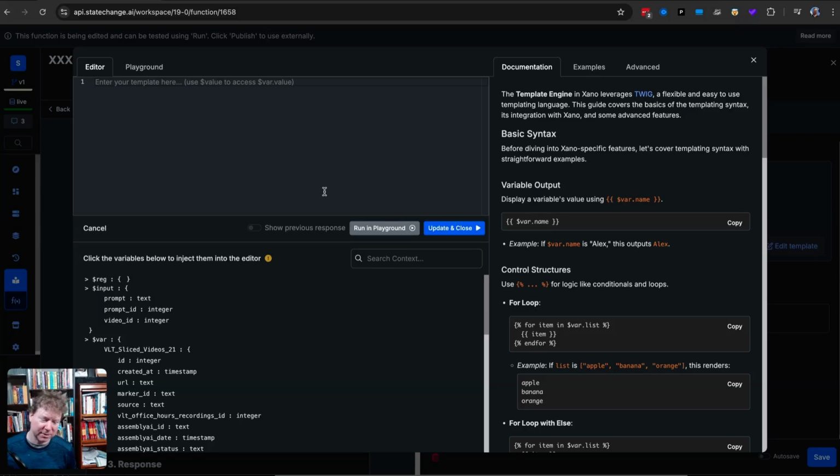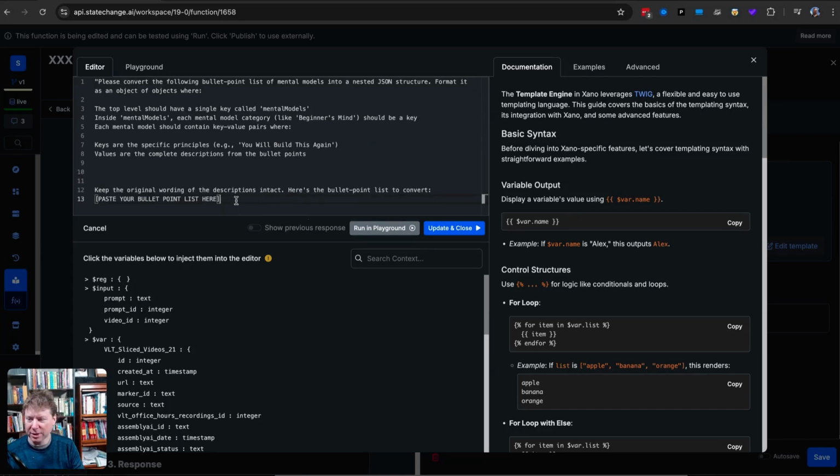Now, the trouble with having the little box is that when I start to say I want to go build out a prompt like I'm doing for my mental model work here. Let's see, I'm just going to take some stuff I have from Claude as a suggested prompt. I'm going to copy this, I'm going to paste this over to here, right? And now what I actually want to do is paste in the bullet list, and the bullet list is actually going to look like something much bigger, which is,